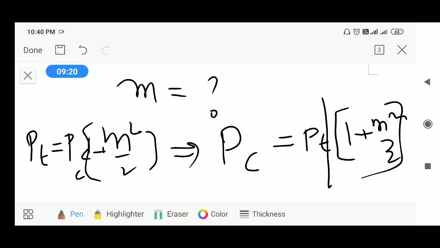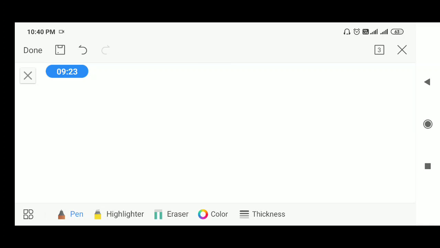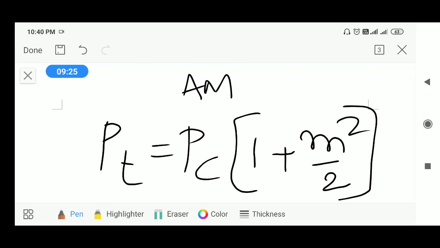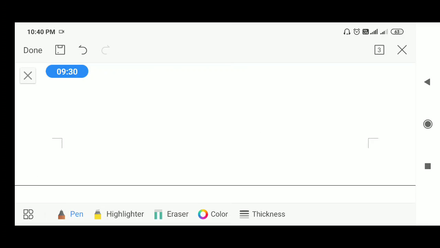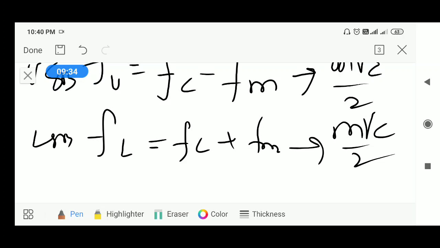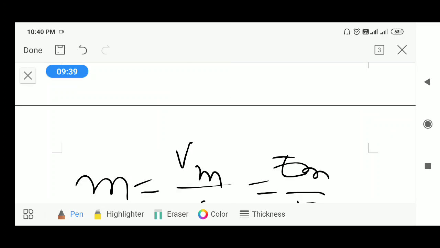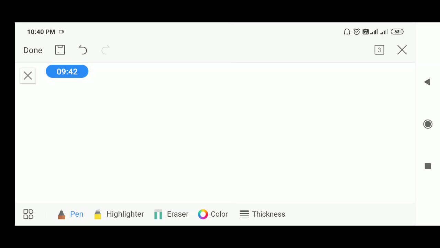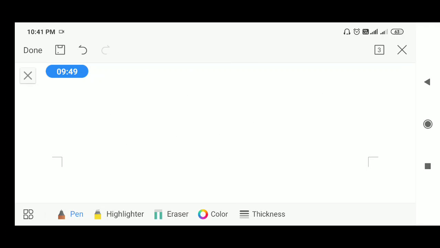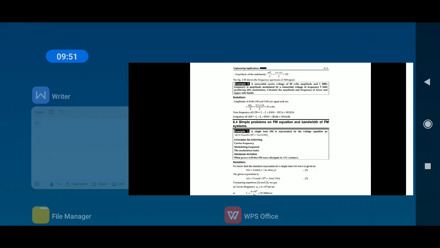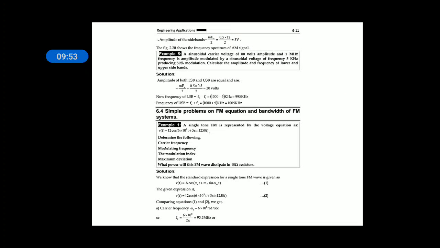Okay, so with this we will be discussing. This is the total power formula, this is the sideband power formula, this is the total formula, frequency of upper and lower sidebands, these are the frequencies of lower, upper and their amplitudes, this is the modulation index formula for single tone, this is for multi-tone, this is the amount of wasted power in carrier. Okay, that is about your important formulas.